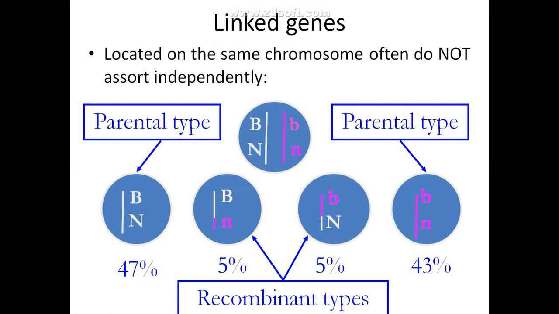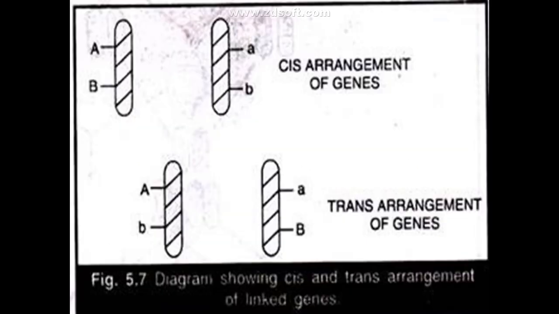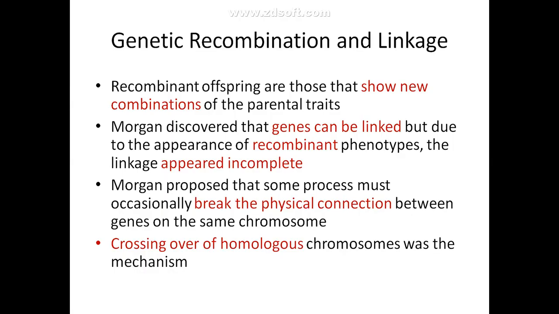So today, hopefully this is clear. This is just a rewrap of what we spoke in the last class, and then we spoke about cis and trans also. I told you this is an important question. Then today we will speak about genetic recombination. What do you mean by genetic recombination?